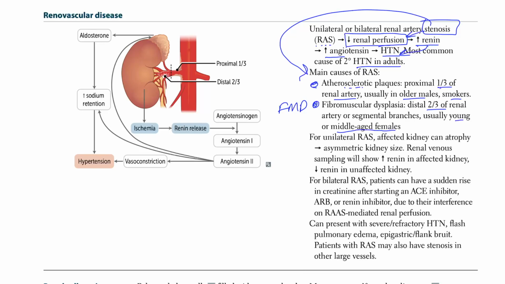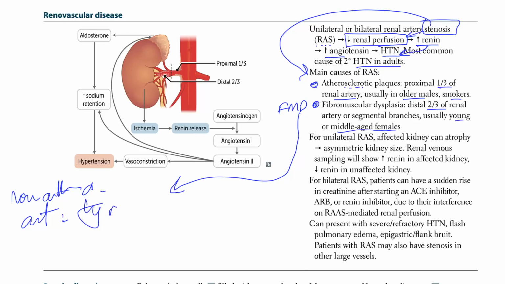Okay, so fibromuscular dysplasia, I'm going to talk about a little bit because this is a relatively important topic. So fibromuscular dysplasia, first of all, is a non-atherosclerotic disease in which there is an abnormal tissue growth within the arterial wall. Okay, and that can involve any artery, but typically it involves the renal artery,